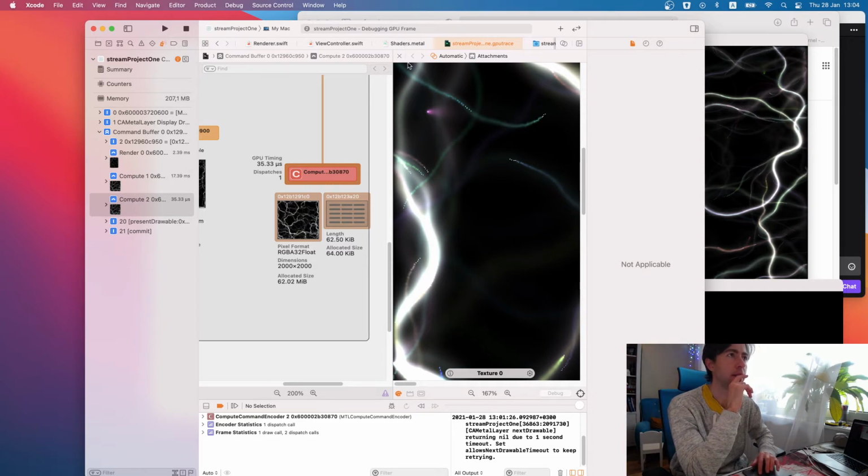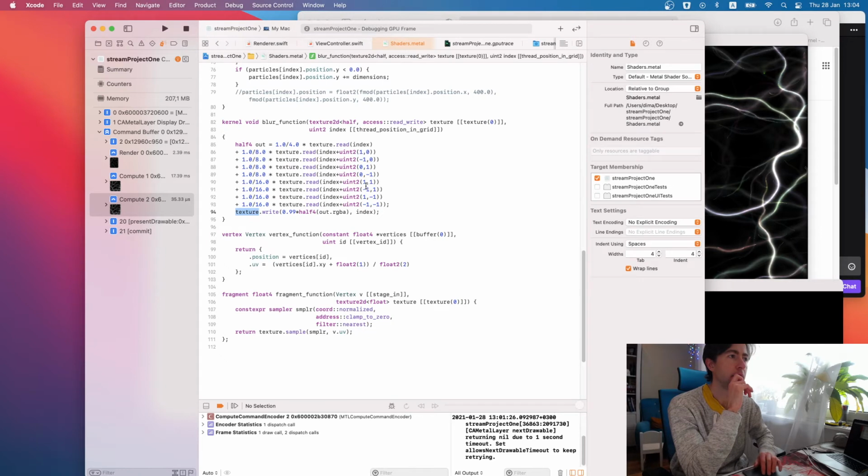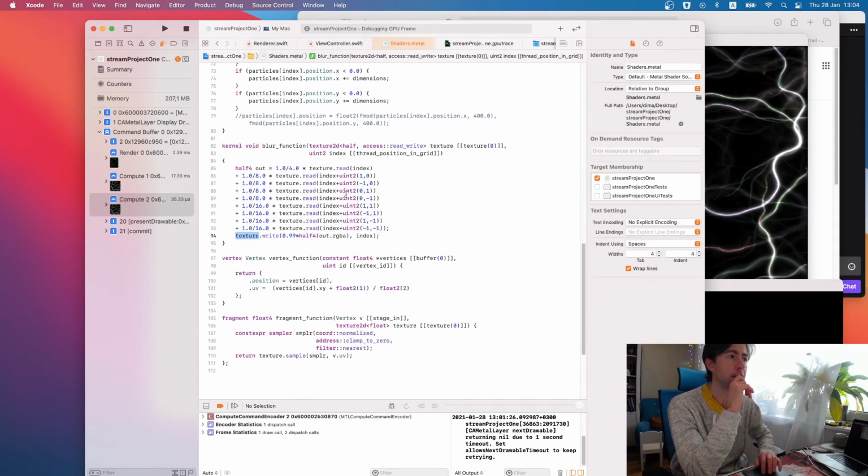This is because I'm sampling values without checking if the resulting index is out of bounds of the texture.